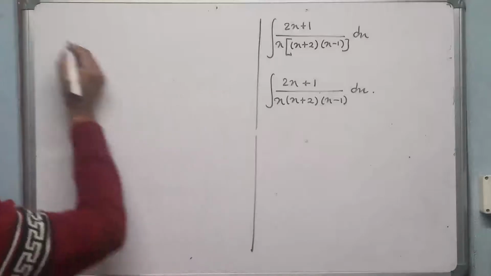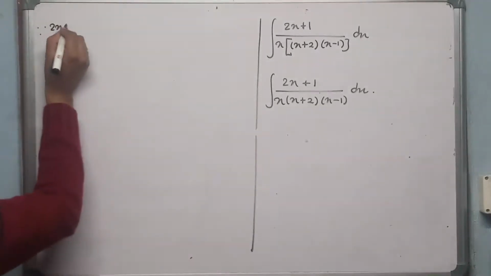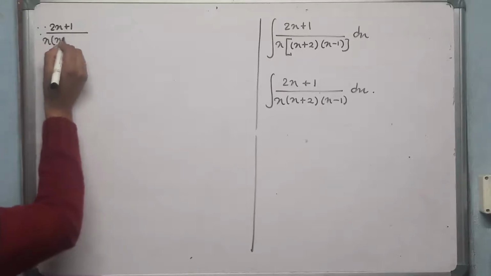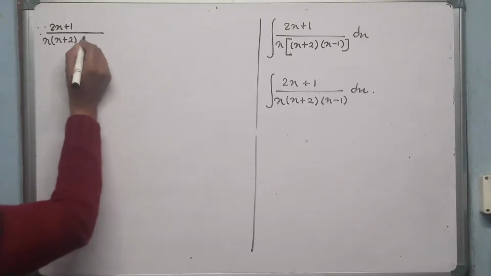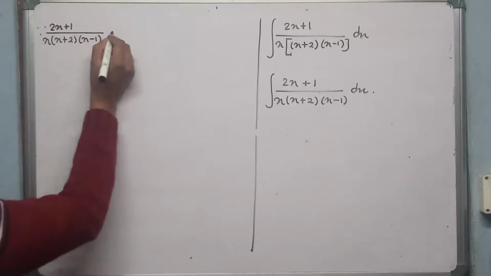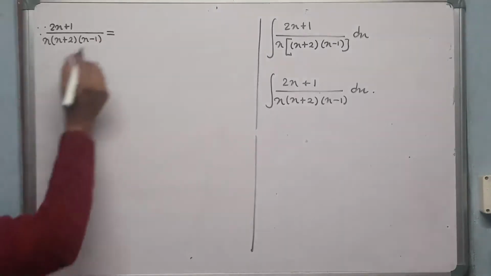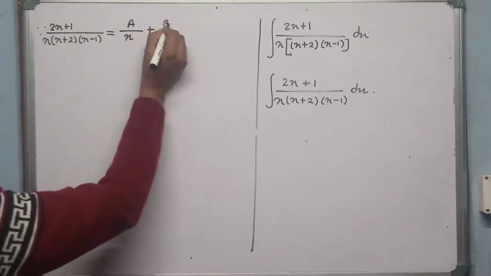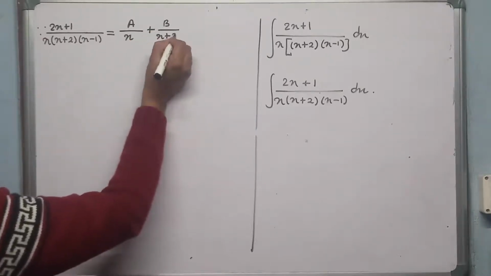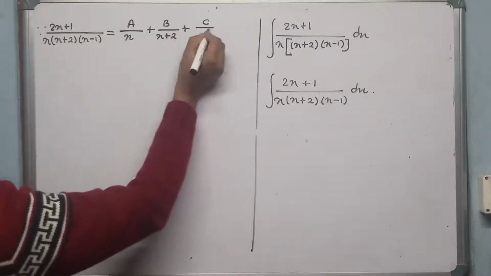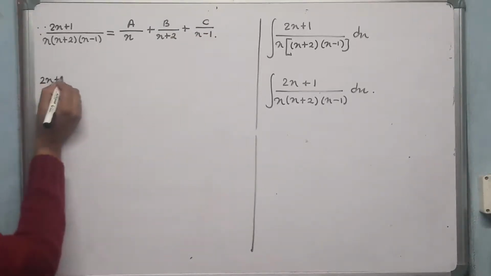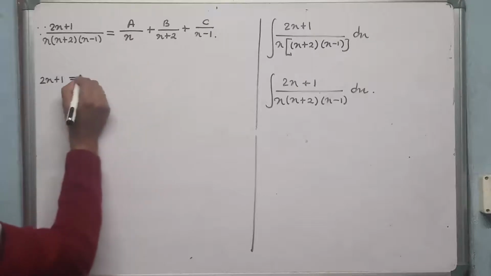I'll write the function (2x + 1) over x(x + 2)(x − 1) equals, the partial fraction will be A over the first linear plus B over the second linear plus C over the third linear. Now if I take the LCM over here, 2x + 1,